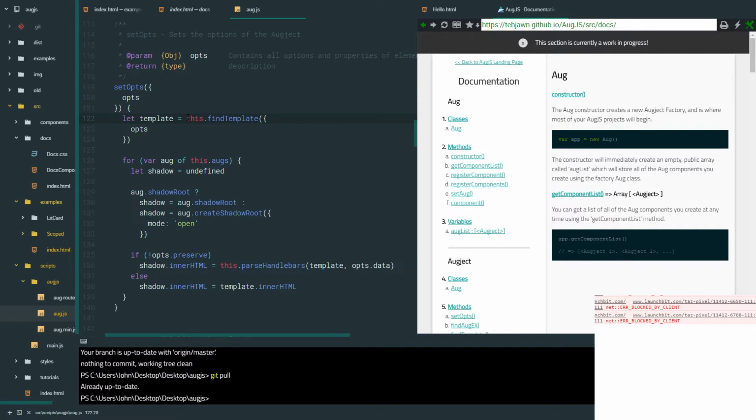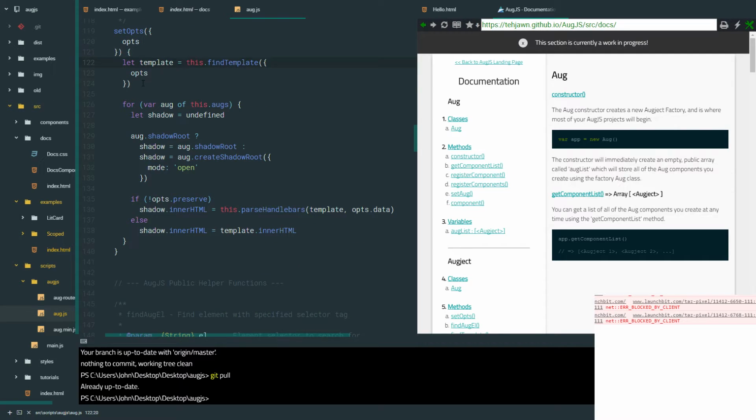So if it was options.template.id equals hash tutorial template, then it would find that tutorial template within the source, which is like the tutorial component. And once it found that, it would return that to this template. Then for all the augs that match, all the elements that have the same element selector, like aug-tutorial,